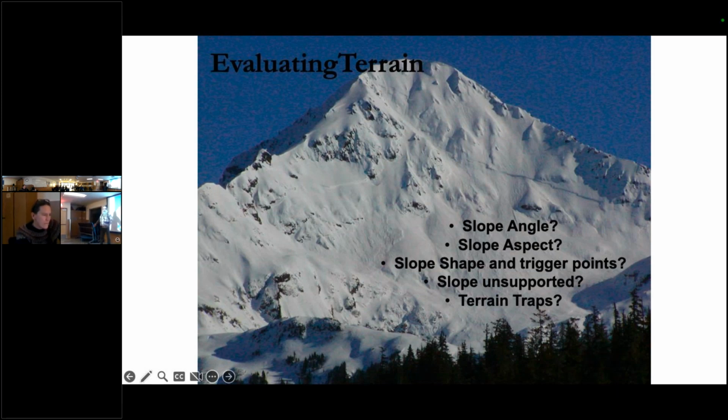The aspect is which way is the slope facing. And that matters for wind loading, but it also later in the spring, it matters for the sun effect, the solar effect. And then you gotta remember here, this slope is pretty much facing west, but you look at this spot here, that's more of a southwest, or this side is gonna be more northwest. That's a big thing to think about.